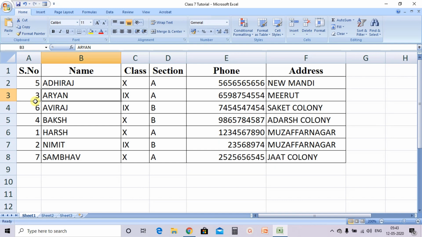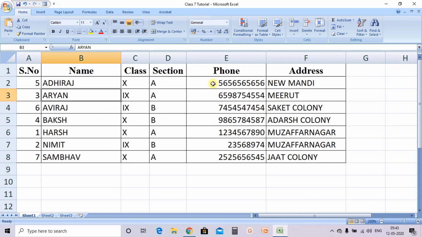What do you mean by sorting? Sorting means arranging data either in ascending or descending order, either A to Z or Z to A. It is not like that you can only arrange the alphabets, only the names, but you can also arrange what? Even the numbers.